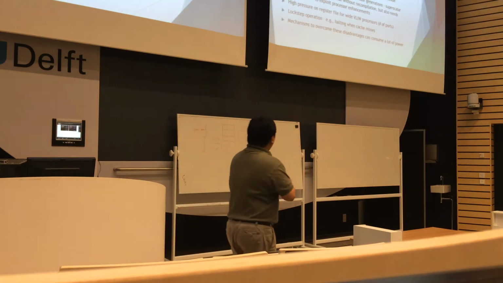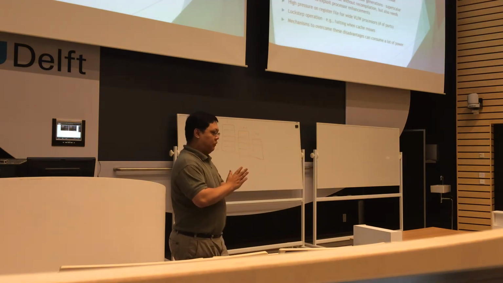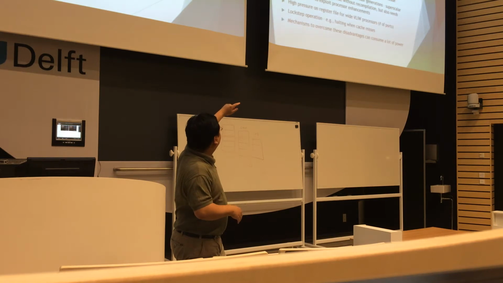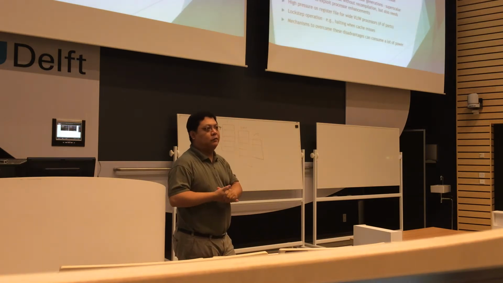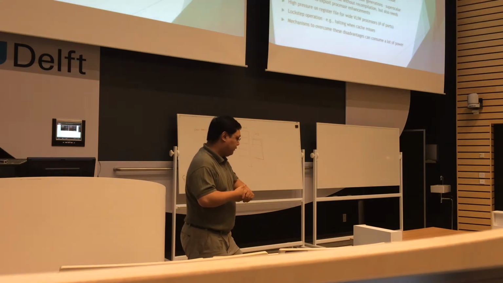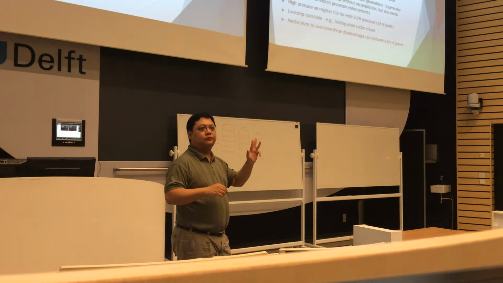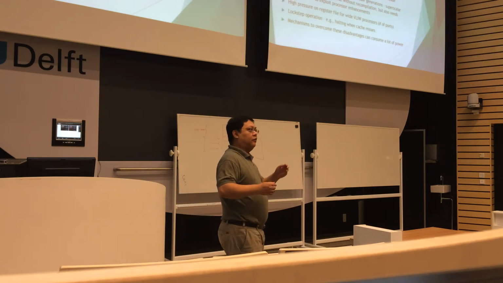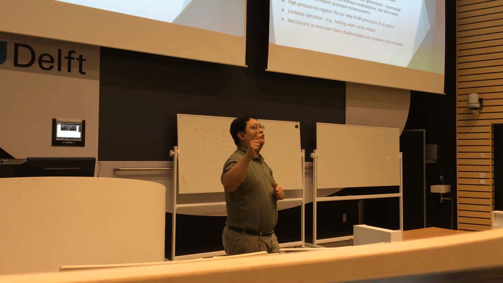Another disadvantage of VLIW processors is that if they're very small, this is not a huge problem. But the moment they become wider and wider, if you want to have more and more parallelism, even the topics that I discussed before become bigger and bigger. But also the pressure on the register file becomes a huge issue. And why is that? It's because if you look at current day operations, they usually have 2 inputs and 1 output, like adding 2 numbers and storing the result, right? So 2 inputs, 1 output. That means that for each slot in my VLIW processor, I need to be able to read 2 operands from the register file and write 1